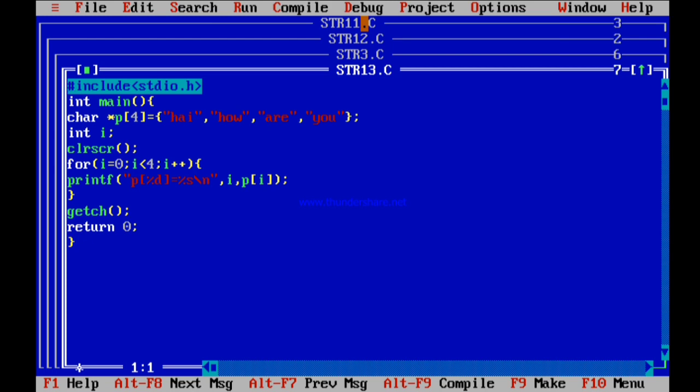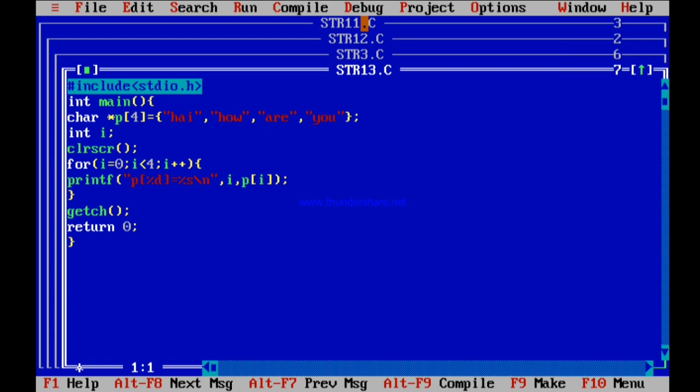Okay friends, just look at this particular program. Here I am using the concept called array of pointers, and those pointers are string pointers actually. My main function has a char star p, size 4. That means this p is not a normal array. When there is a star before the name of your array, that means that is an array of pointers, and the type of the pointer here is char. That means p is an array of 4 pointers, and those pointers are character pointers. That means my array can point to 4 strings.